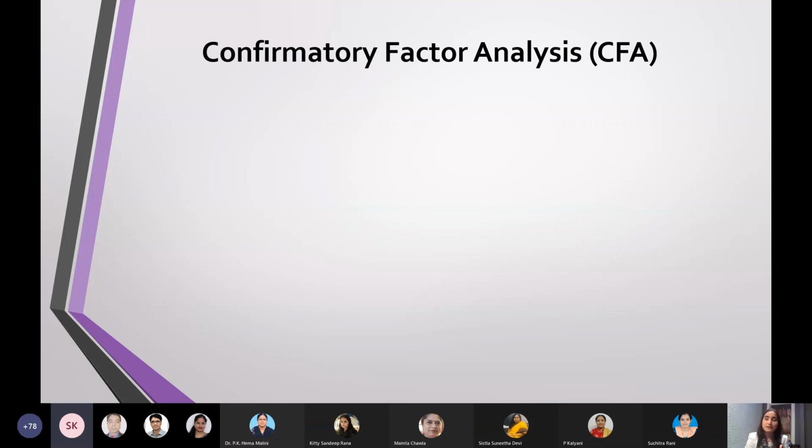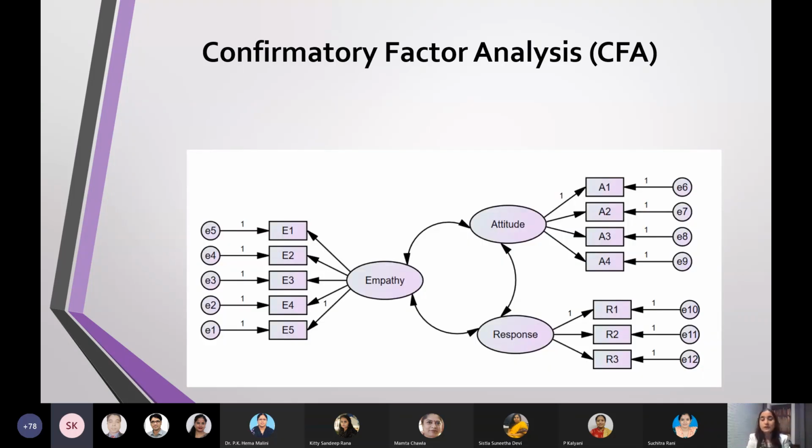However, confirmatory factor analysis comes after EFA, after exploratory factor analysis, which confirms that yes, these are the factors that are associated with the variable. So confirmatory factor analysis is the first step in SEM. When you're going to conduct structural equation modeling, the first step is to confirm that your factors